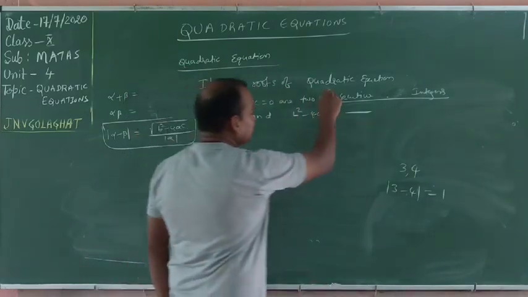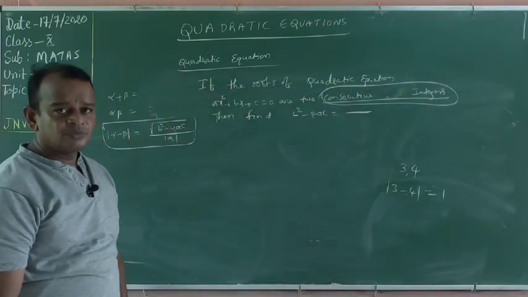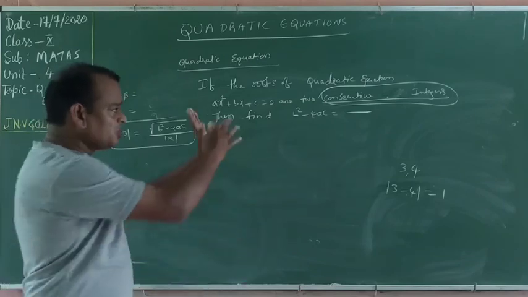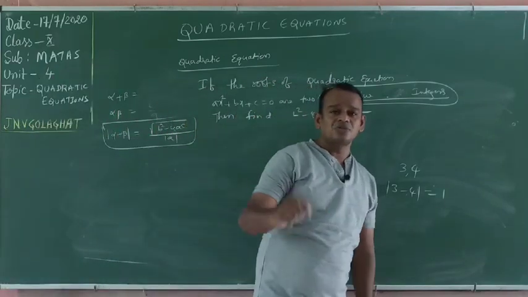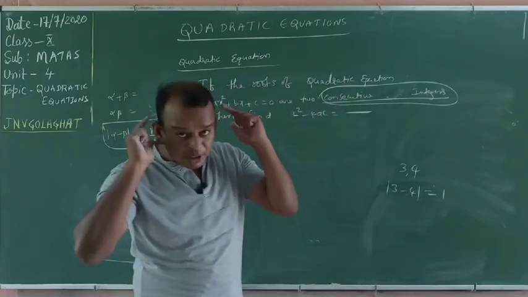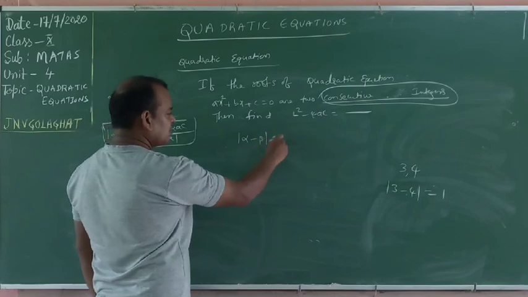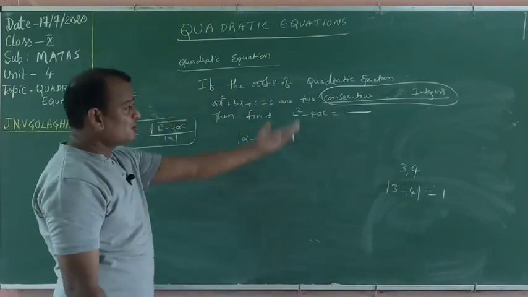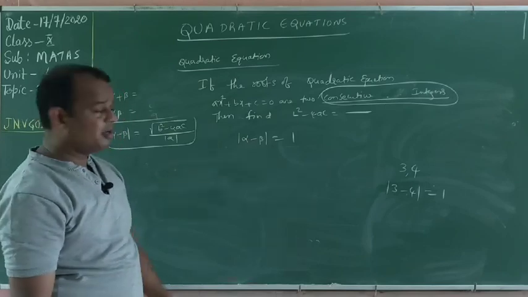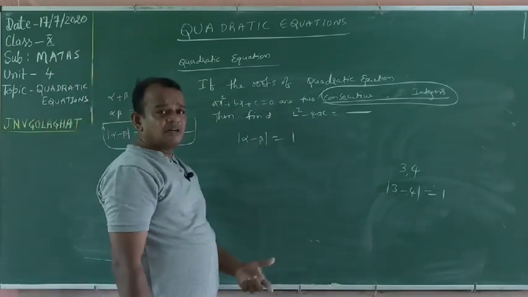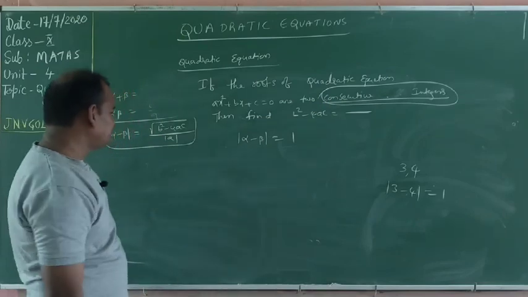Whenever consecutive integers are given in the question, in any problem, not only this problem, if the quadratic equation mentions the roots are consecutive integers, remember that the difference of the roots, that is alpha minus beta, is equal to 1. Alpha, beta are the roots. Consecutive integers means their difference is equal to 1. You know the formula for alpha minus beta. Why do you write alpha minus beta equal to 1? Because the roots are consecutive integers.